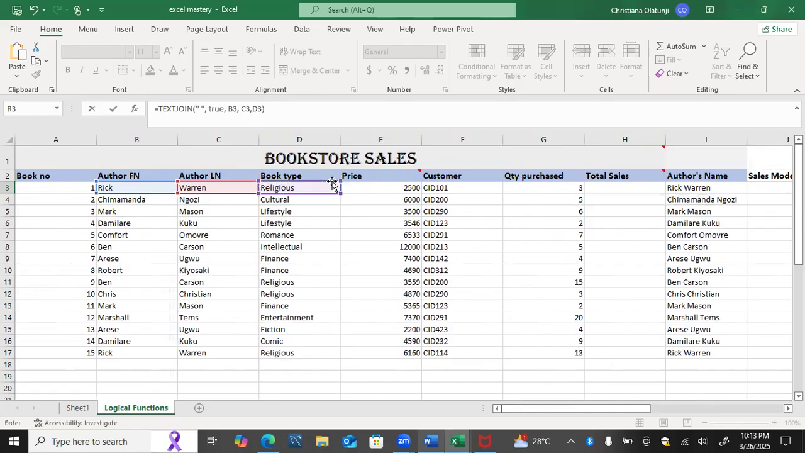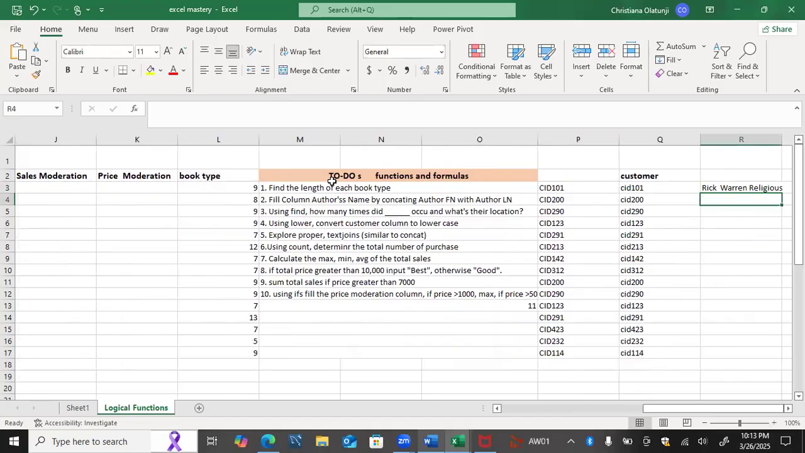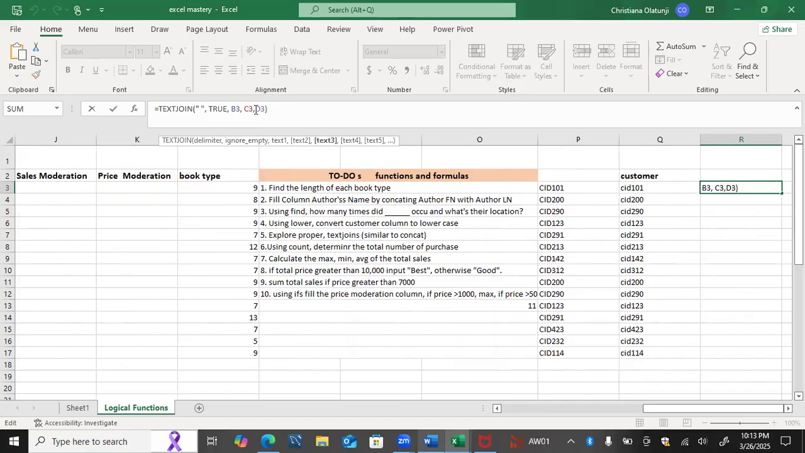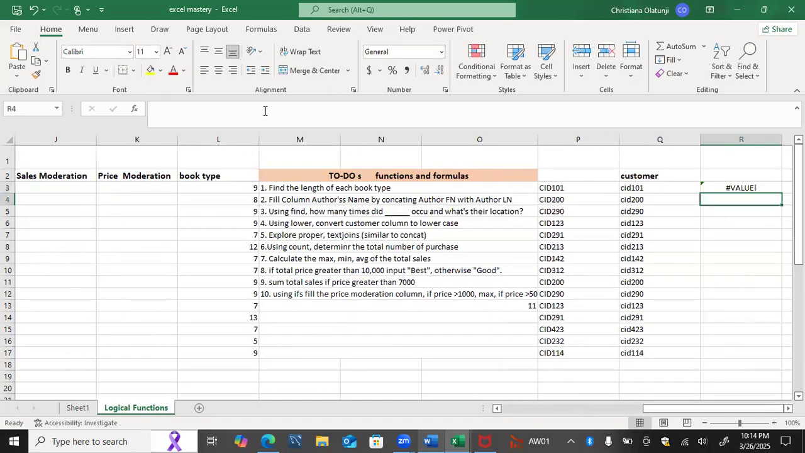But here now we would have a problem in the sense that we would only have Rick space Warren religious. Warren and religious would be together. Okay, that's changed. Yeah, I think there's a space there. Yeah, there are spaces. So if this one is, what is my separator? That is why I have space. Let's say I don't have this. Let's see if it would work. It should give me an error in the sense that